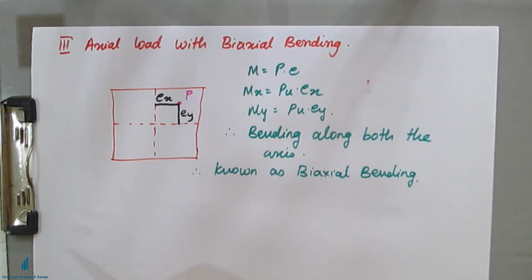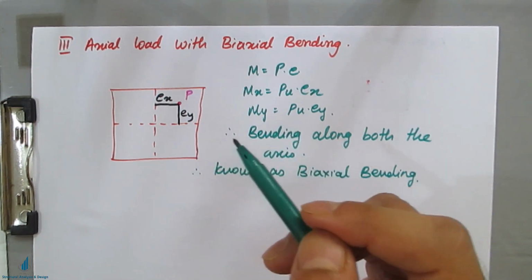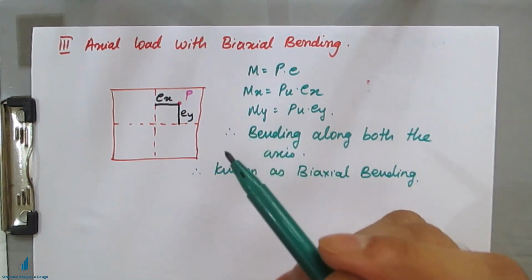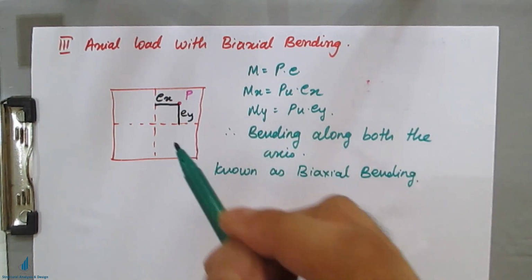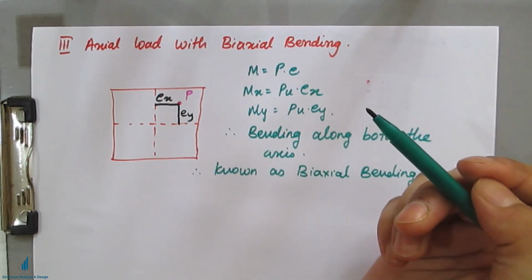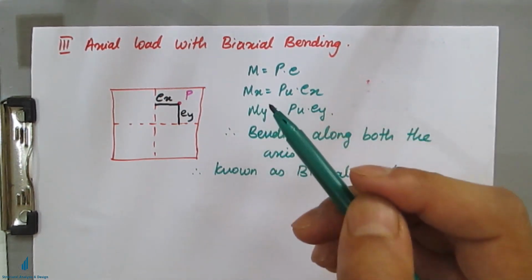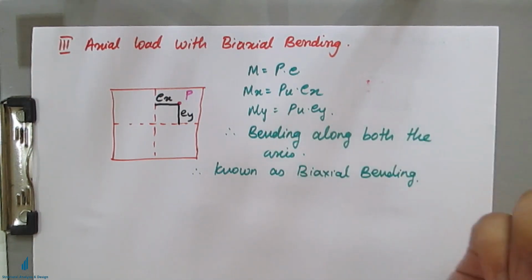So this was the brief theory and the brief explanation about the columns. When it is considered as a column, why we provide reinforcement, what are the types of axial loads, and what are the different types of bending that will come into this column. In the next coming lectures we will be starting with the numericals for all the three cases. We will also solve for axially loaded column, and then we'll see how to design a column with uniaxial bending and biaxial bending with the help of the design charts of IS 456.